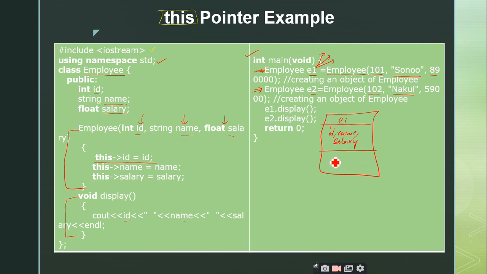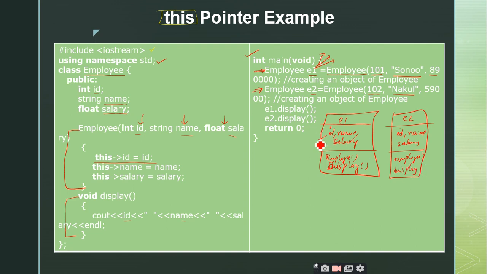Similarly, what functions does it have? It will have its own parameterized constructor, and it also has the function display. Similarly, when I create an object e2, it also has id, name, and salary, along with the employee and display functions.